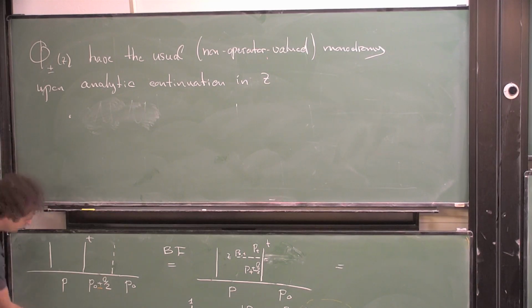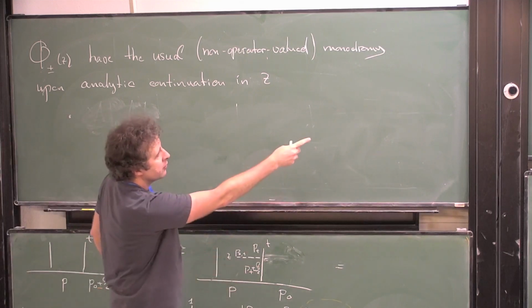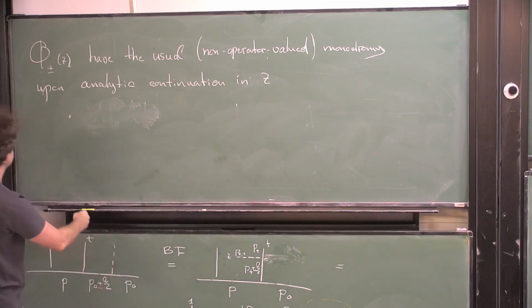So along the loop over here. Here we do not need to go around this leg. We have no translations. And so as we compute the monodromy of phi plus minus of z,